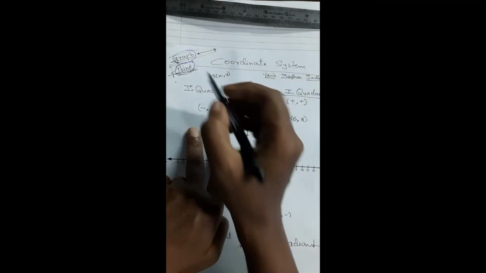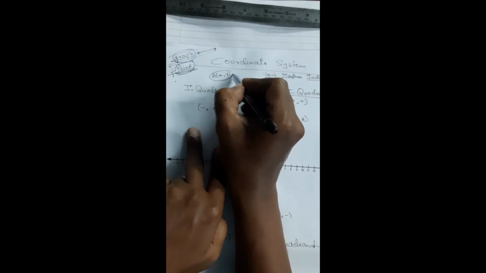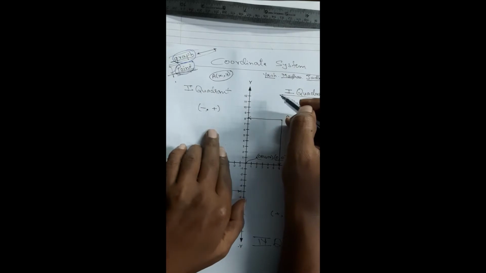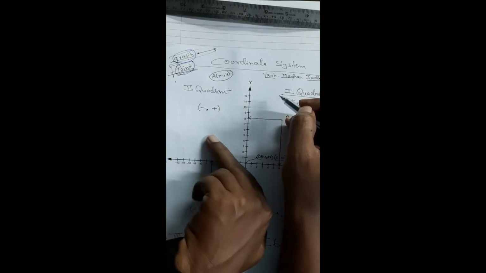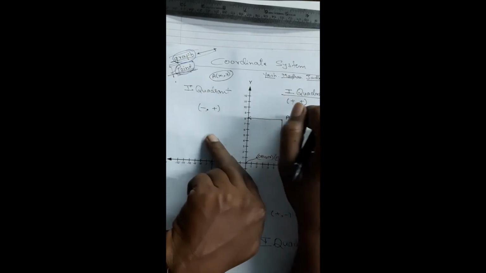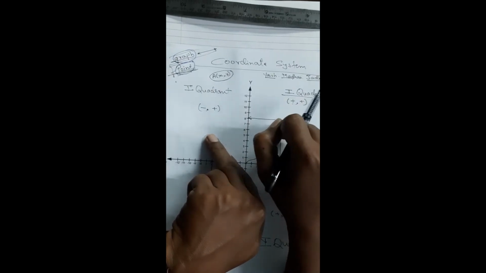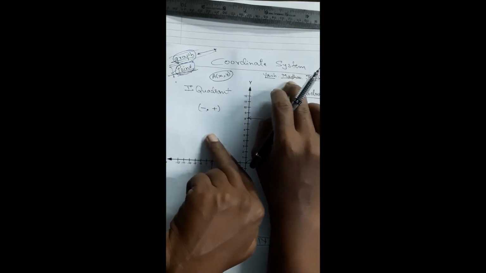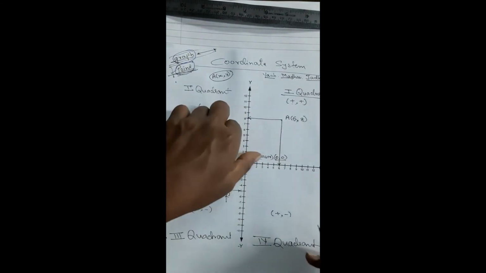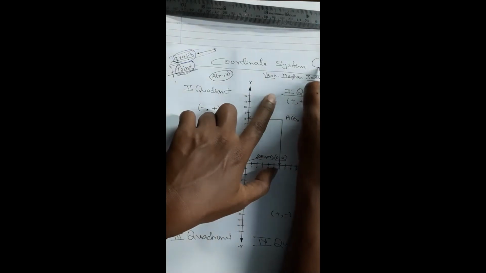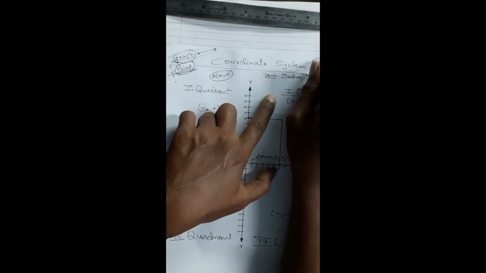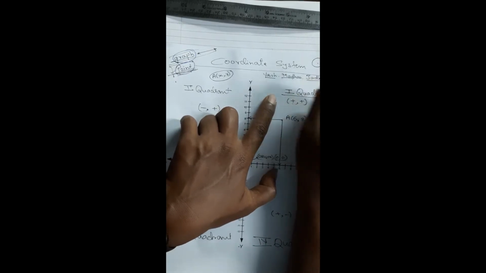See, my dear students, first we understood how to write a point, and then we understood how to locate the point, or how to present the point on the coordinate system. When we have to present the point on the coordinate system, there are only two different locations possible. I had explained that if we are considering a circle, we will have three locations for a point. A point can be inside the circle, outside the circle, or on the circle.